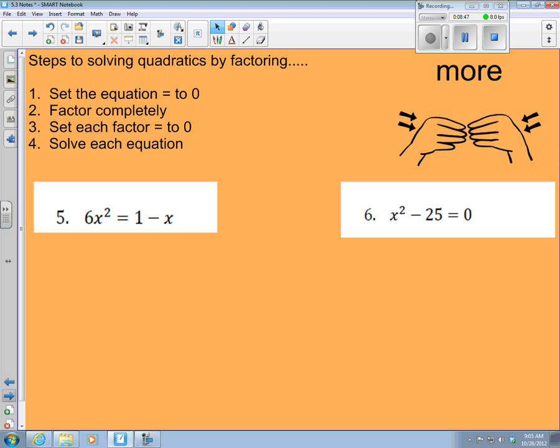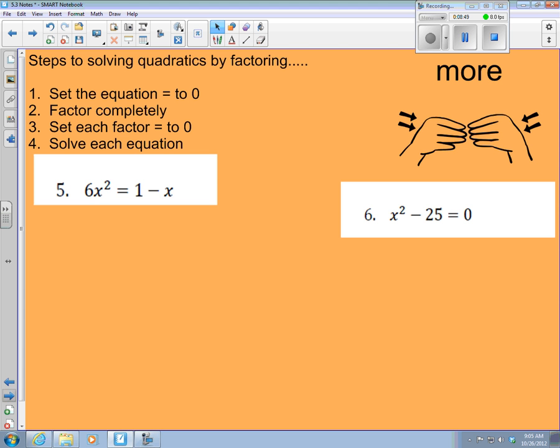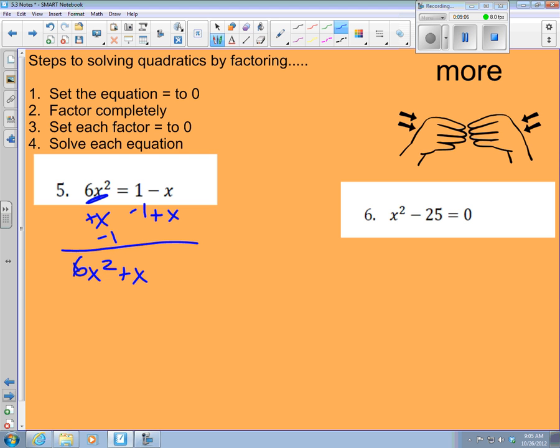Let's do number 5 here. This is kind of a tough one. I'm going to add x to both sides because I want to get everything equal to 0. It's a quadratic equation. Subtract 1. So I'm going to get 6x squared plus x minus 1 equals 0. First step, get everything equal to 0. Factor completely. Well, this is a general trinomial,